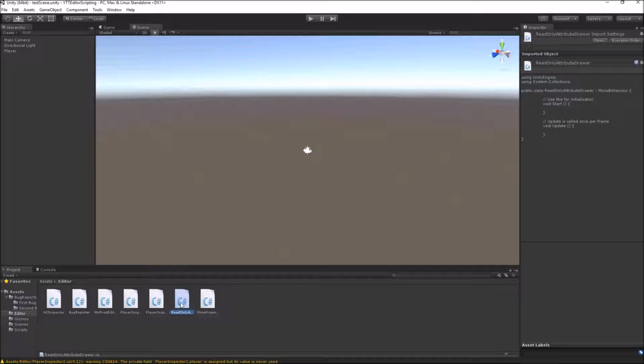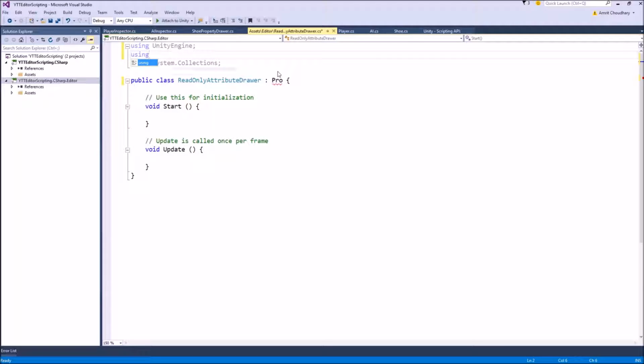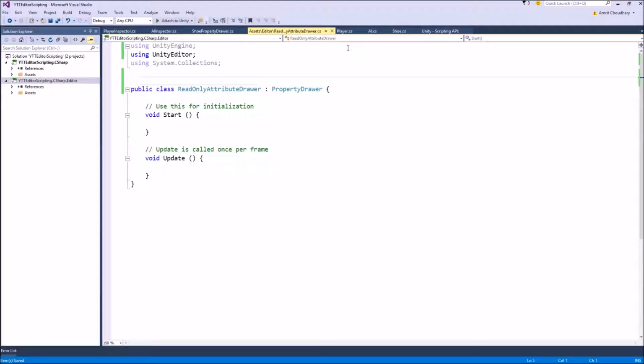So let's come to ReadOnlyAttributeDrawer, and to make it a property drawer, let's first include UnityEditor which has the PropertyDrawer class, and for every property drawer we have to define which class this is a property drawer of. So in our case this property drawer is of the type our ReadOnlyAttribute,